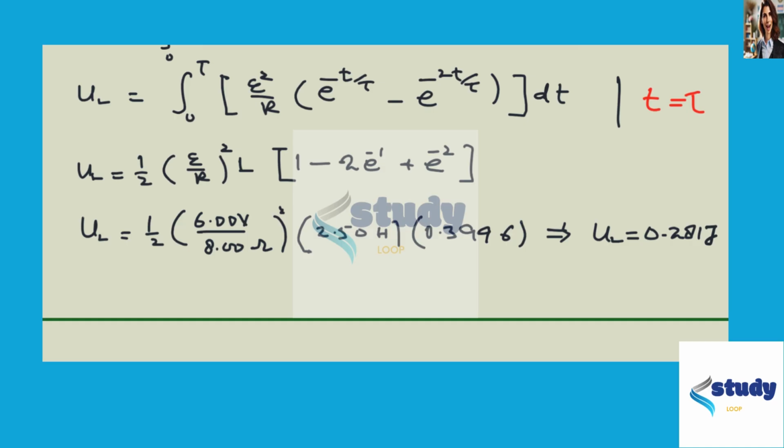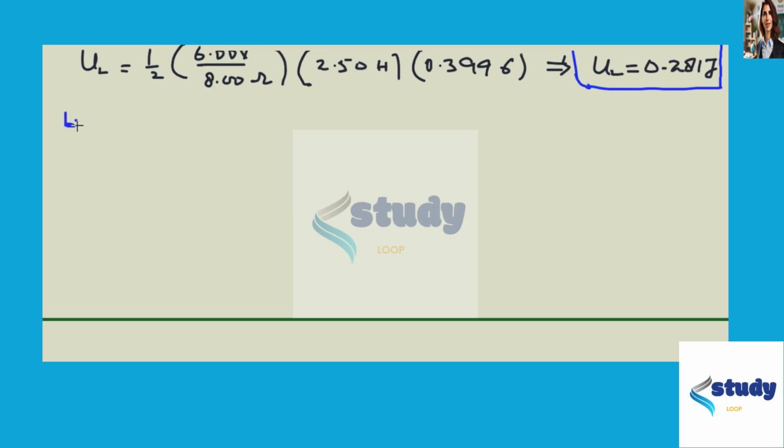So this validates the result we obtained in the first case. In the second part of this problem, we are going to calculate the energy supplied by the battery, that is UB. Now, in order to calculate this energy, let's write the equation for the power supplied by the battery as